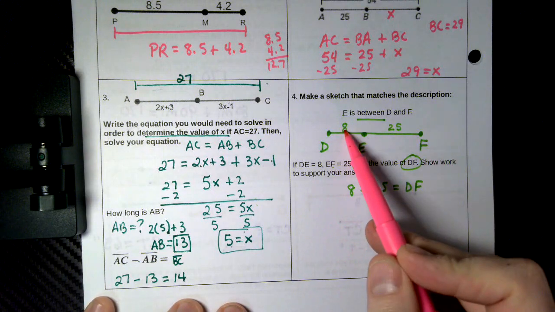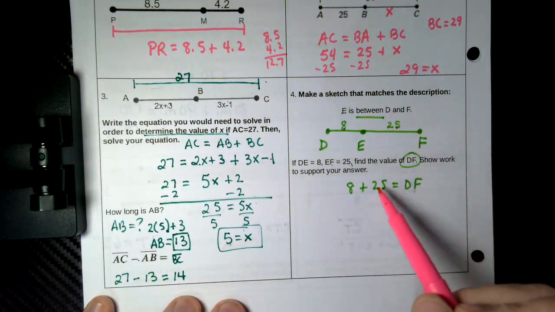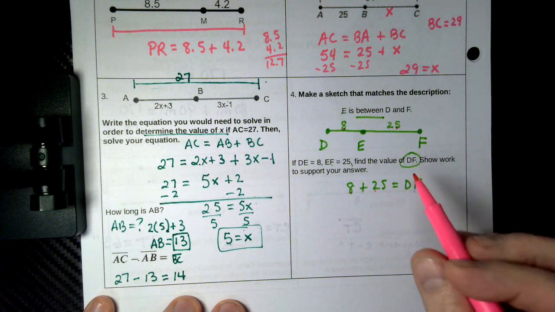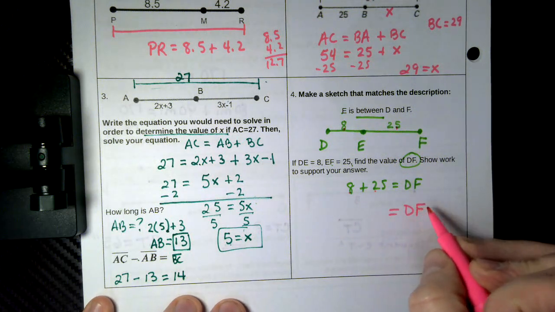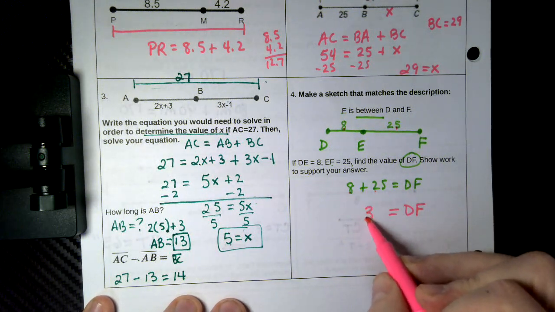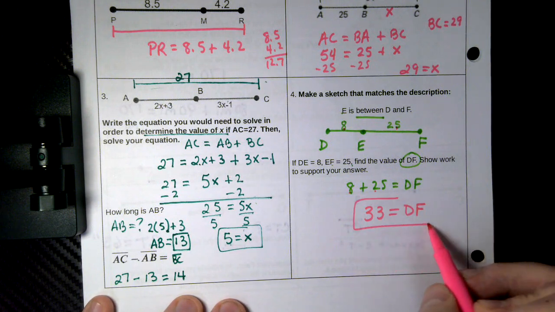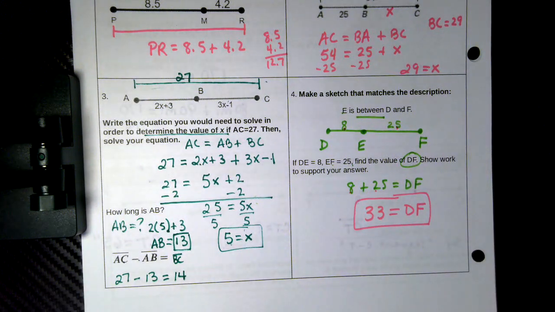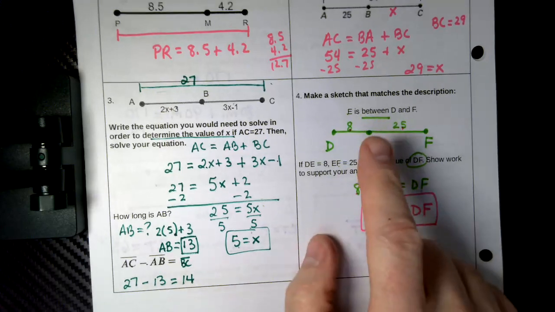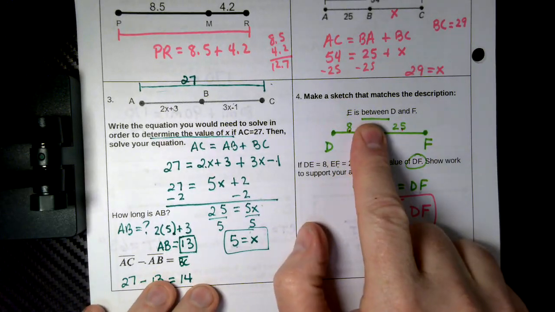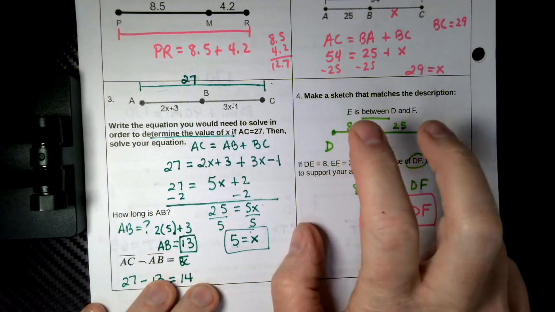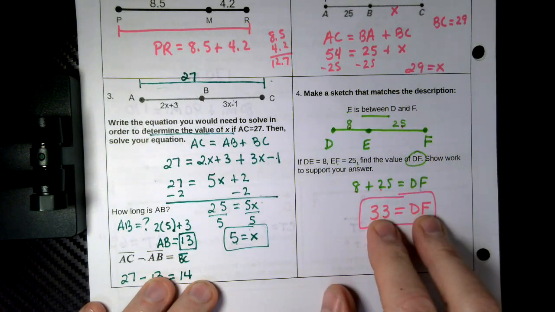If DE is equal to 8 and EF is equal to 25, 8 plus 25 would give me the length of DF. So just add those two together, and we get a length of 33. That's it. That is modeling. So you had to come up with the diagram on your own, took that and made an equation for it. So that's what they're talking about in the learning target,